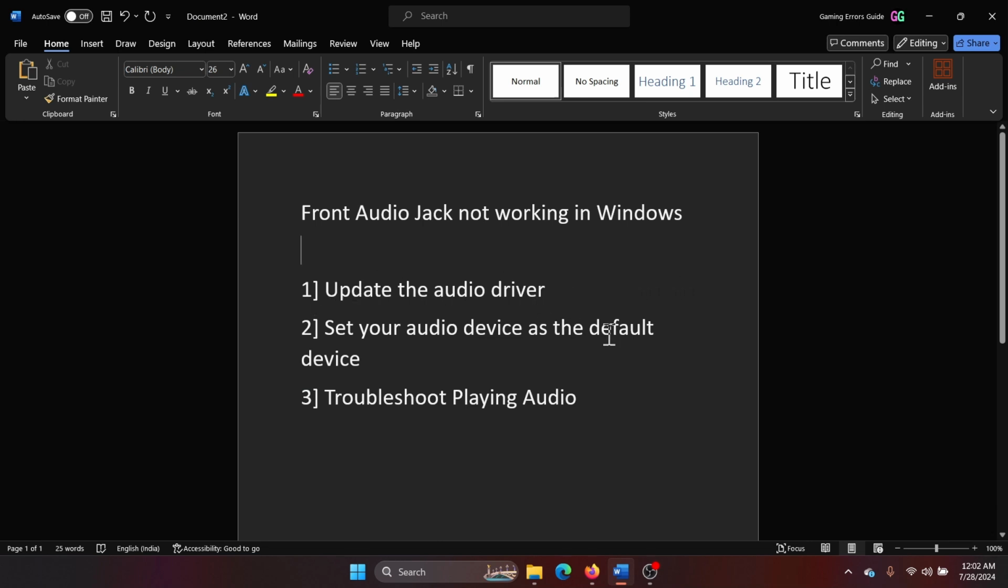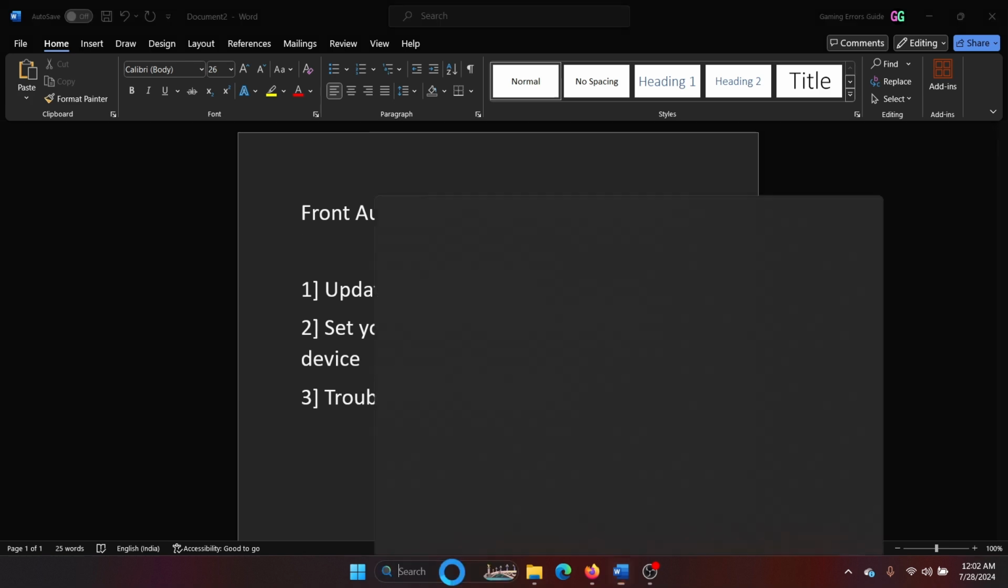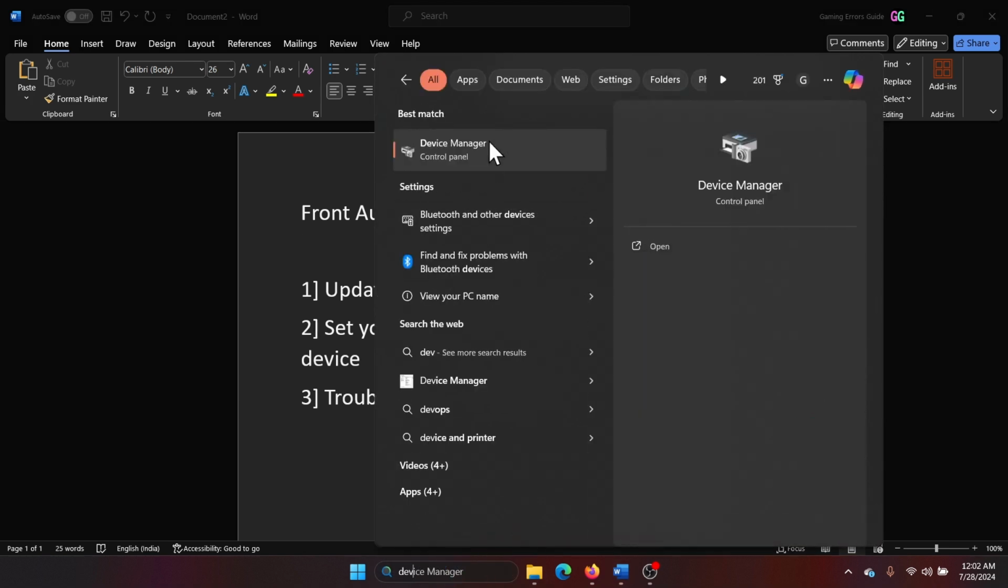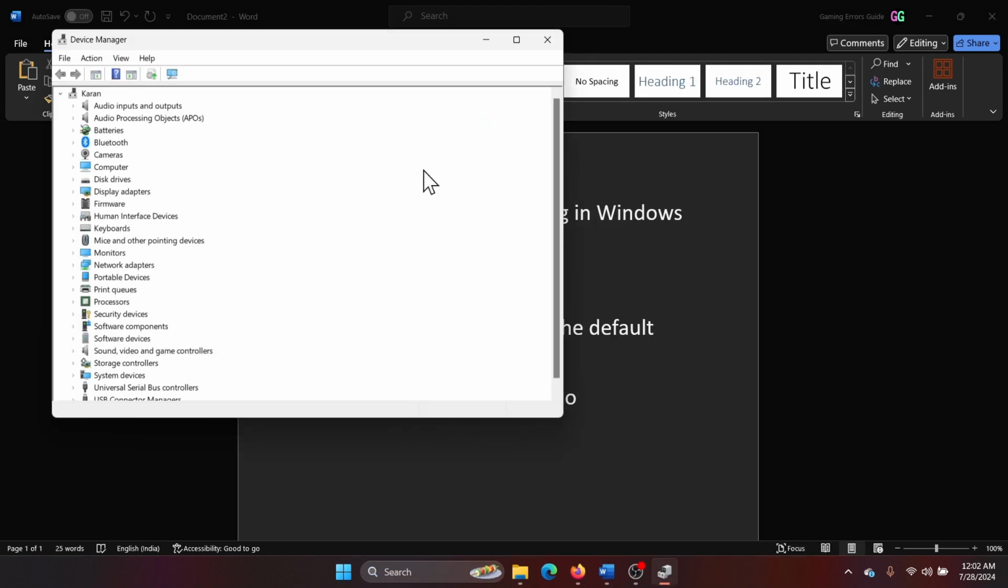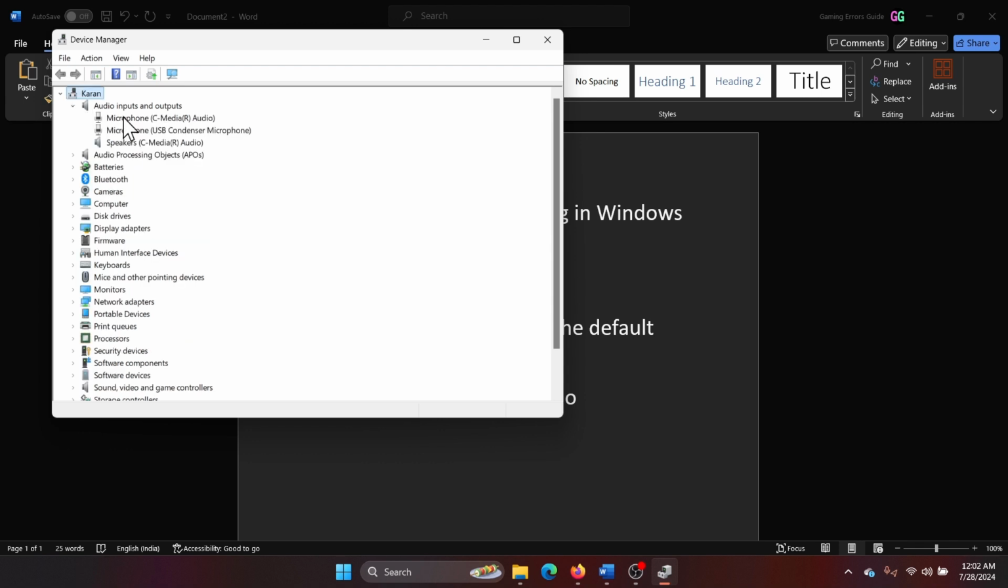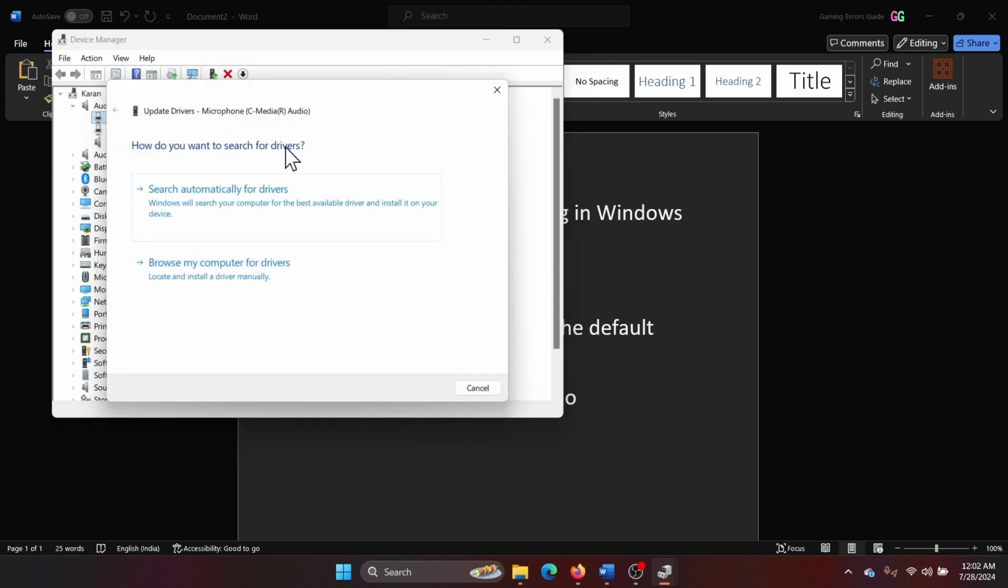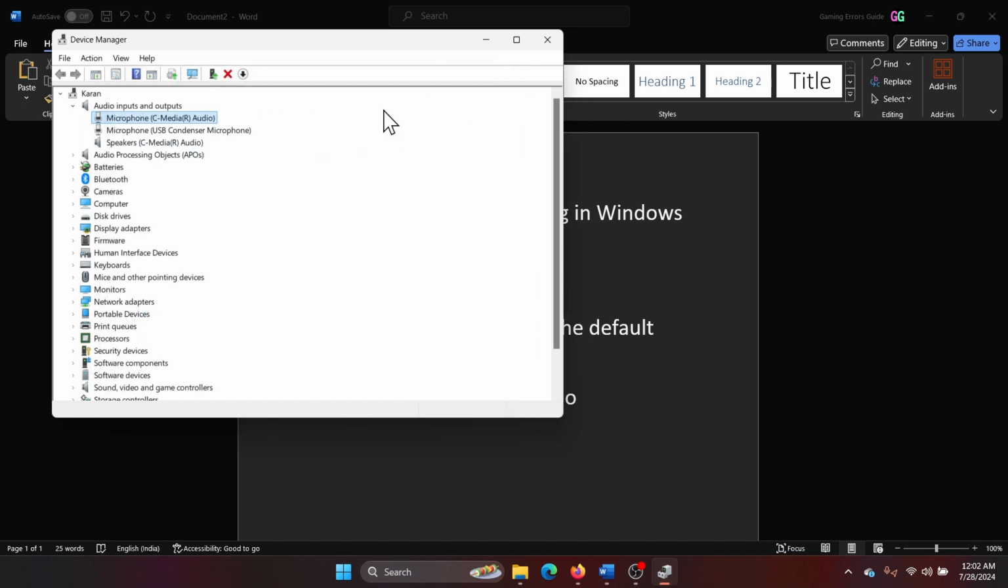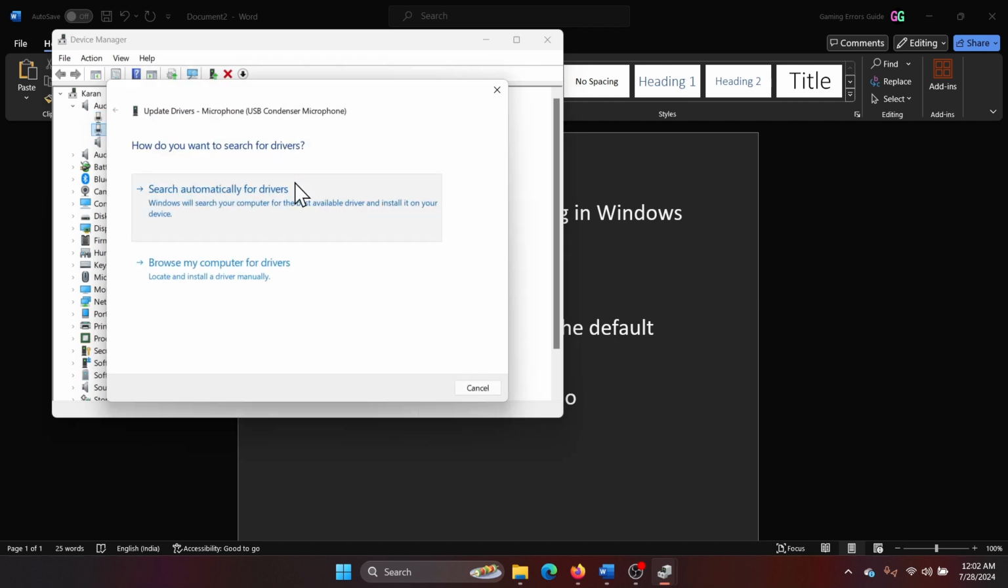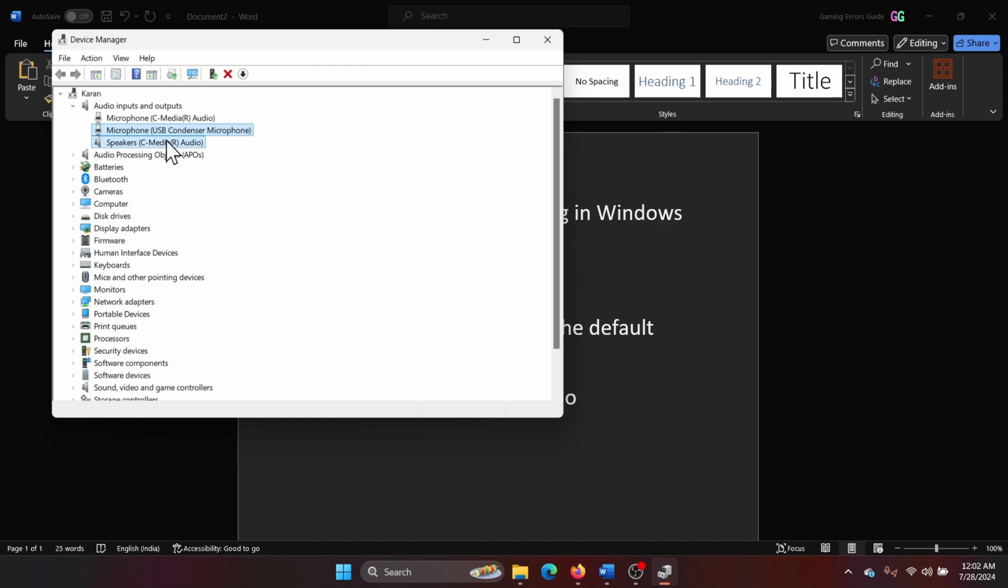The first solution is to update the audio driver. Search for Device Manager in the Windows search bar and open the Device Manager window. Expand the list of audio drivers and then we will right click and update all the audio drivers. Now you'll have to update all of them, not just the input ones or output ones, because all of them